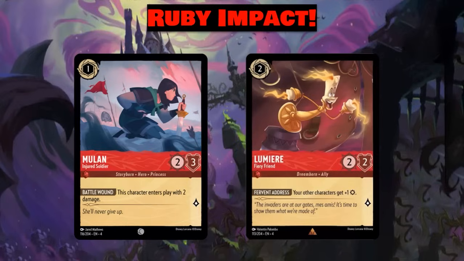I think Lumiere, Fiery Friend will be a huge impact on the game states no matter which turn he is played. He is a defensive and offensive threat that has a surprising amount of uses. Mulan, Injured Soldier has the potential to be one of the most important cards in the set. It's a great target for Rapunzel, Gifted with Healing and Julieta Madrigal,